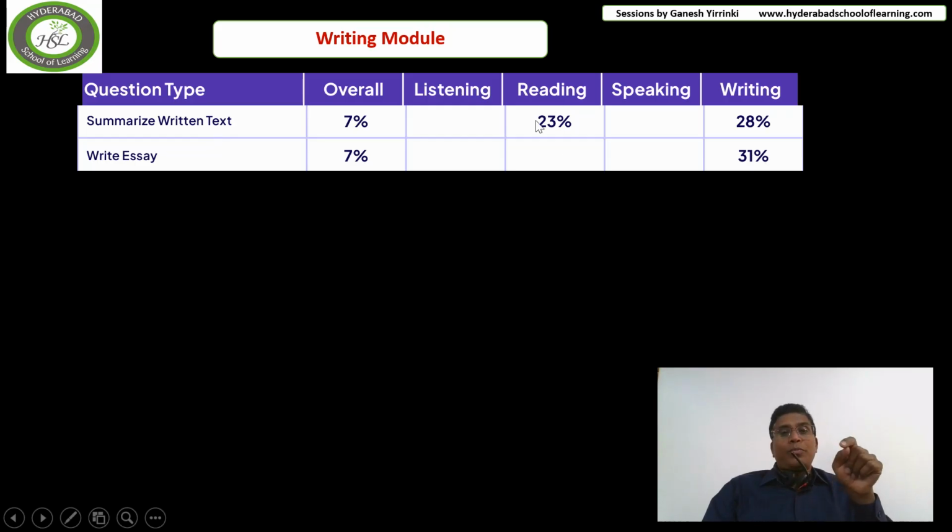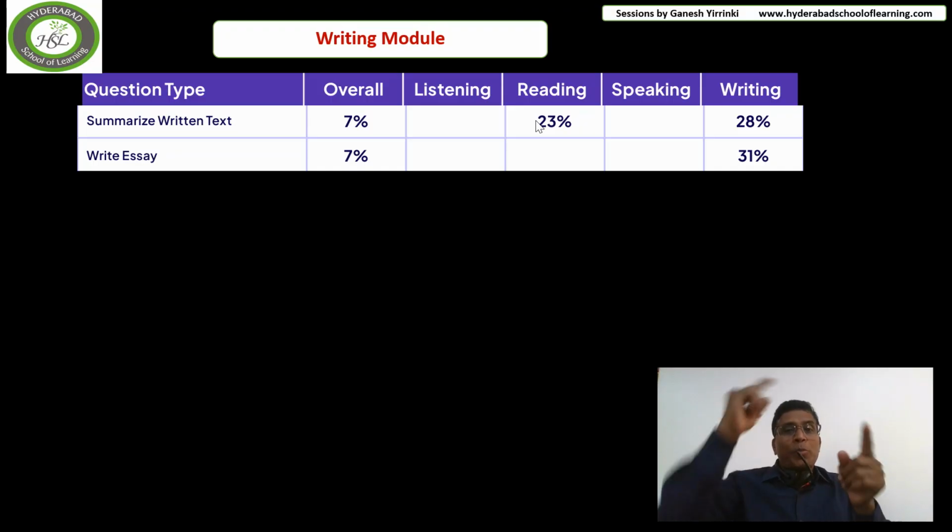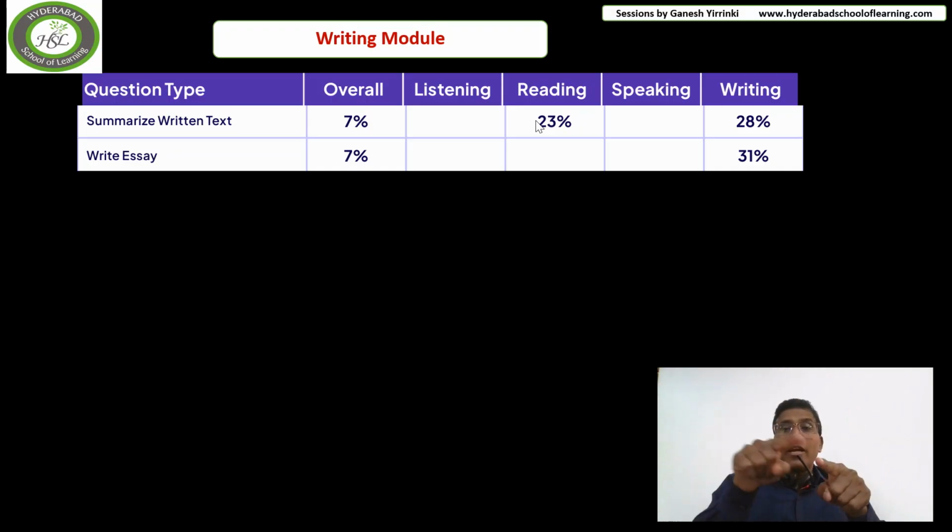the summarize written text question contributes to your reading score also. So one interesting thing about this exam is that your performance in one module can impact your score in the other module also. So speaking contributes to listening, and writing contributes to reading score also. So let's see